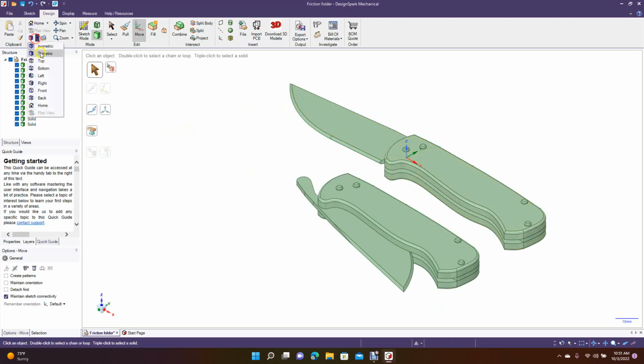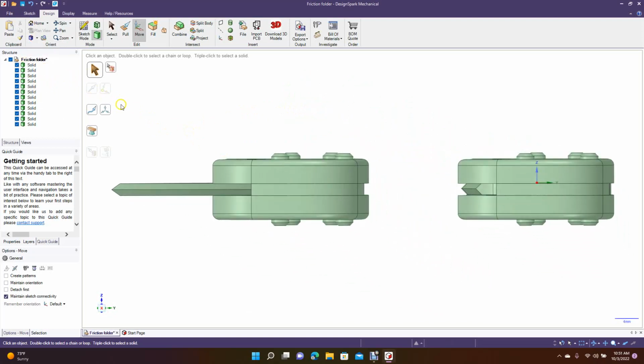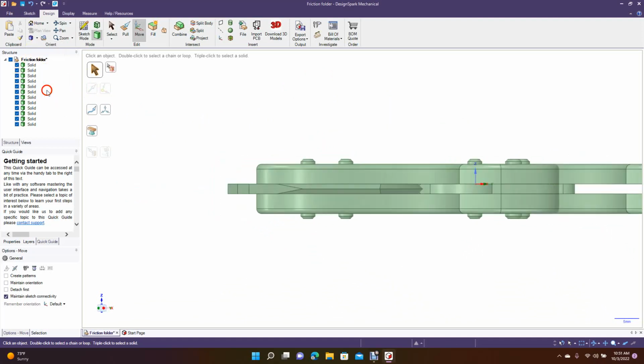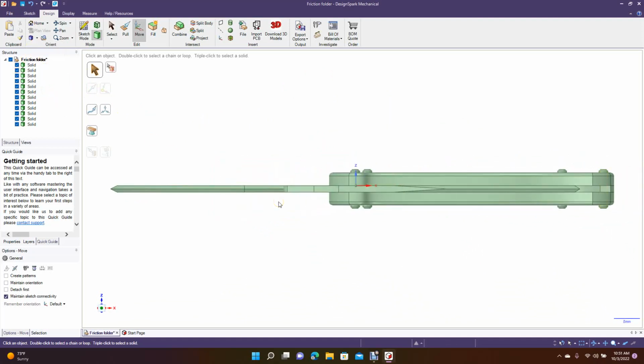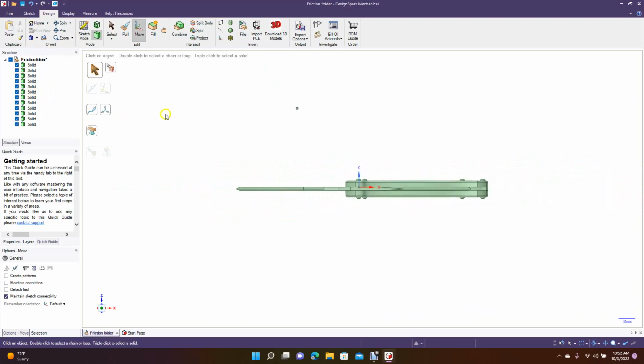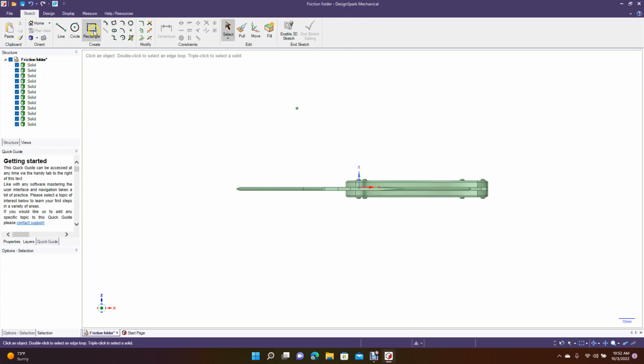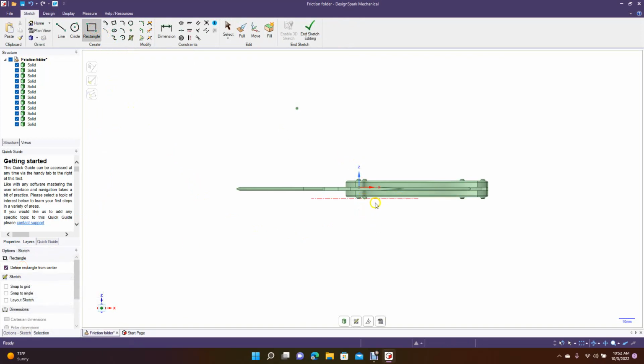So now we're going to go to the right view. Oh, actually, let's go to front. Okay, we'll go to the front view. Let's go control minus. We're going to come over here to sketch. We're going to grab the rectangle tool, and then we're going to define from center. For some reason, it's not letting me